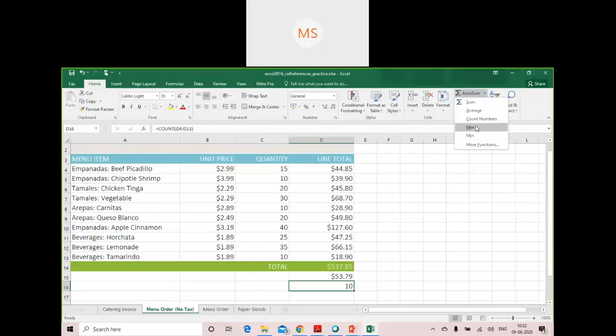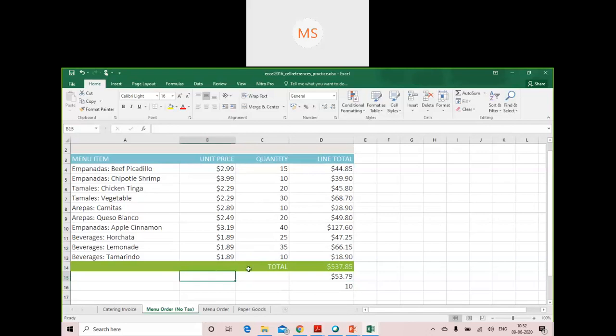Then we have max. Suppose I want to know the maximum price. I want to know the maximum price of a particular item. Like you can say all are in the references of 2.99, 2.29 in that way.